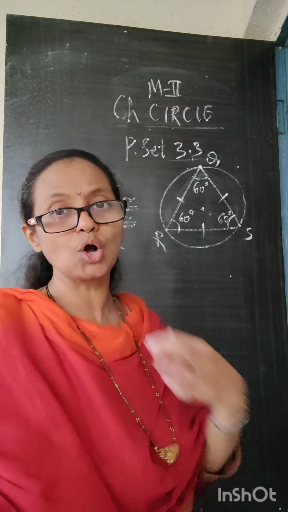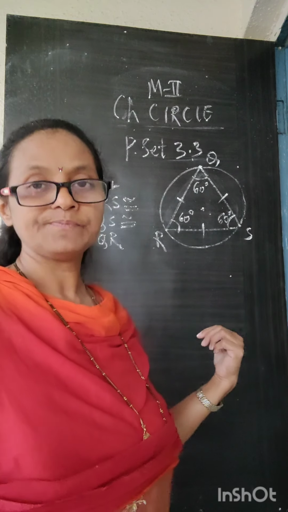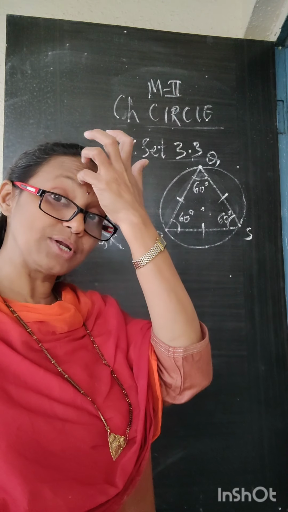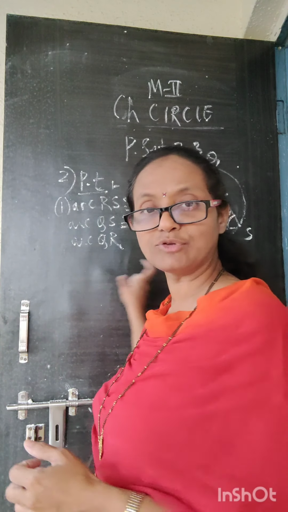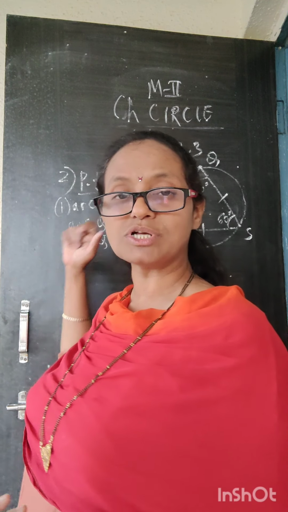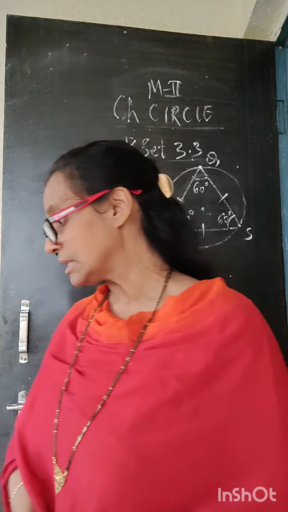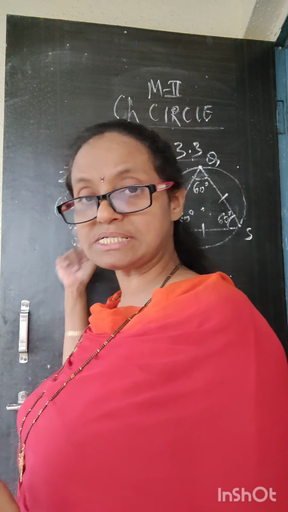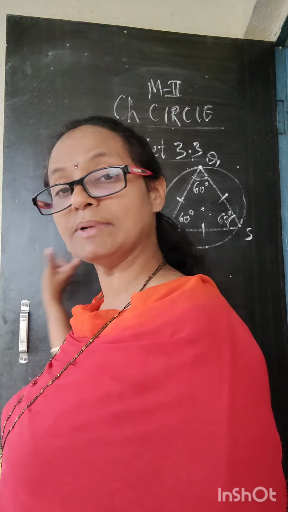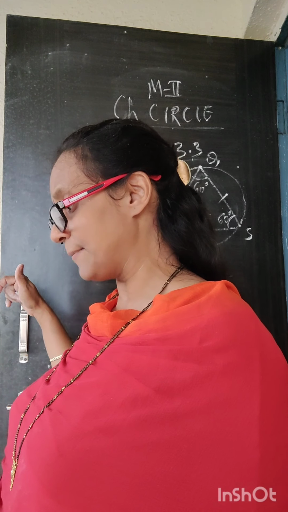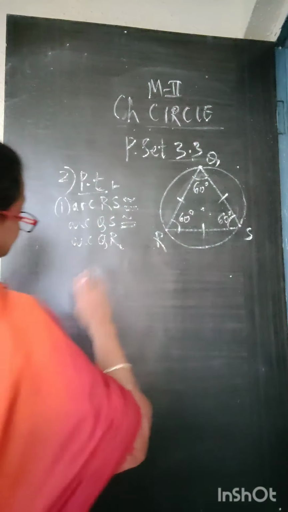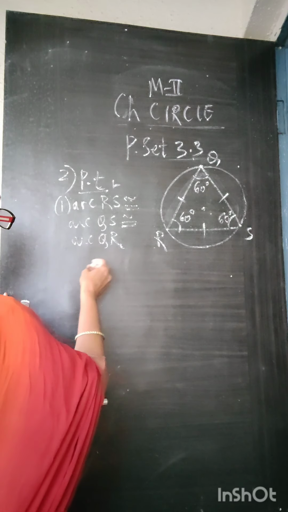If the chords are congruent, the corresponding arcs of those congruent chords are also congruent, by the theorem which we have proved. That statement you have to just write down and say the first part gets proved here, right? The theorem itself is applicable over here, and we prove it.